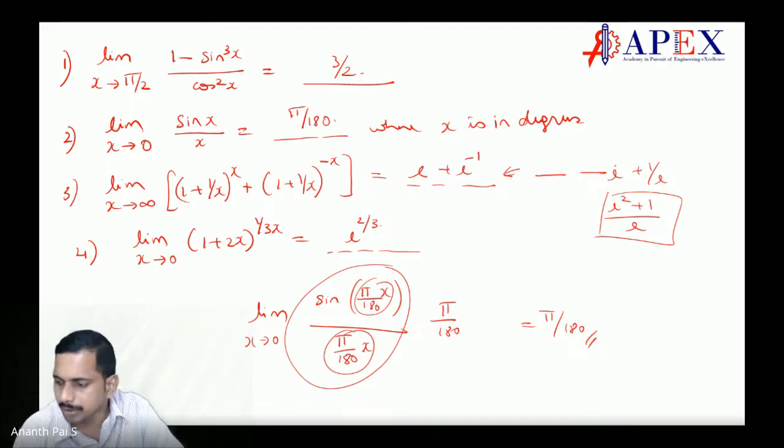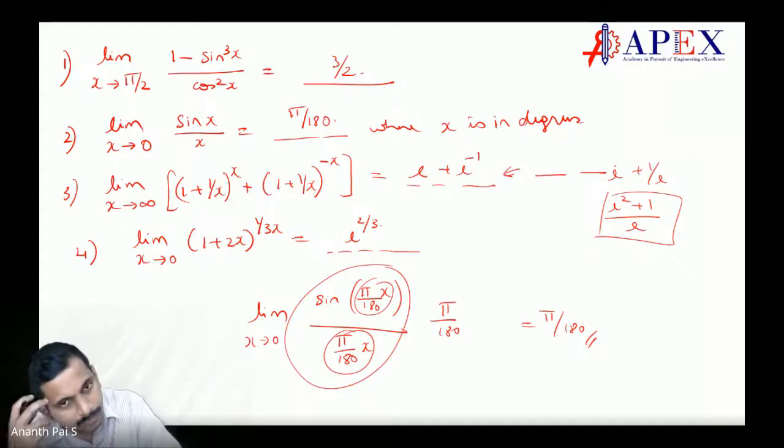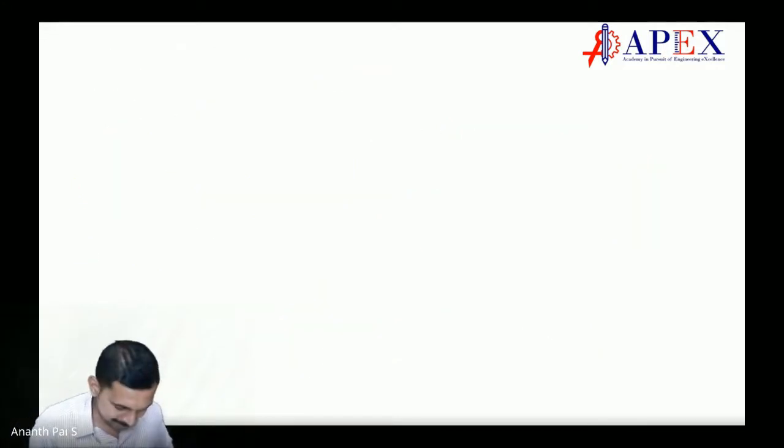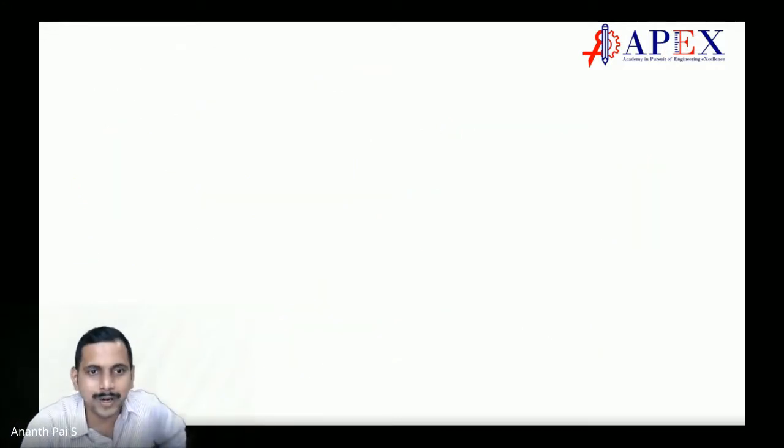Getting the point? Sir, actually how I did is I applied L'Hospital rule and I got answer 1. So is that 1 radian? Pi by 180 is 1 degree, is it not? Okay, wait a minute. I am very bad in this. Okay, so 1 radian